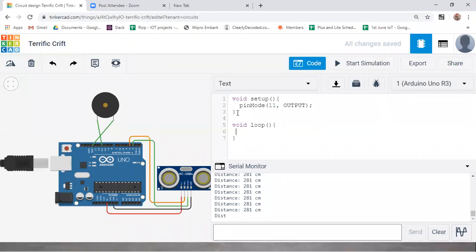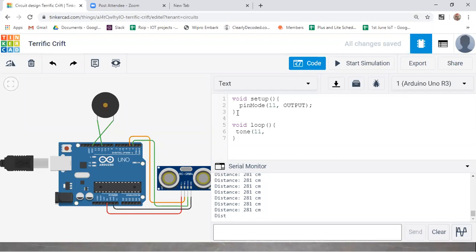Here you have a function, guys. To operate this buzzer, you have a function called tone. Here you need to give the pin number, and here you need to mention the frequency, that is the sound frequency.